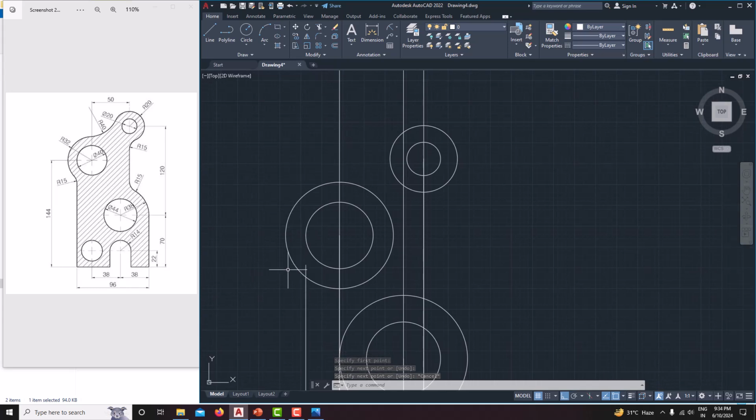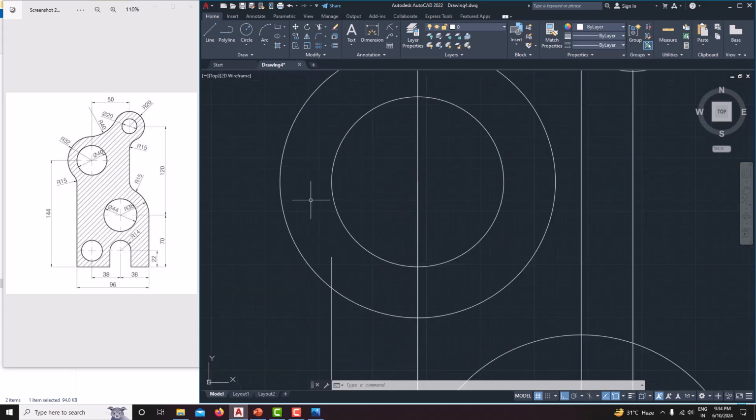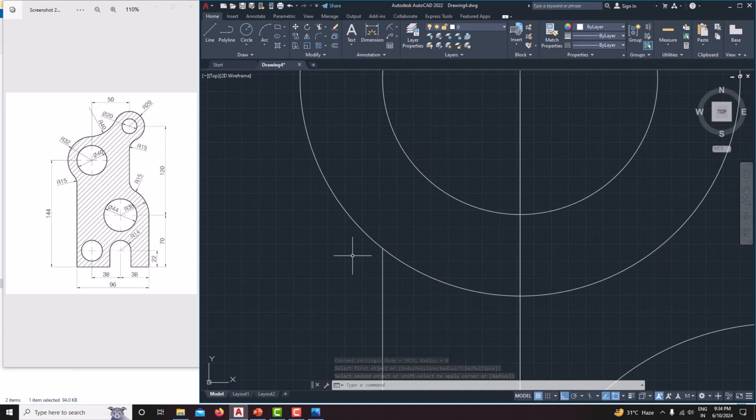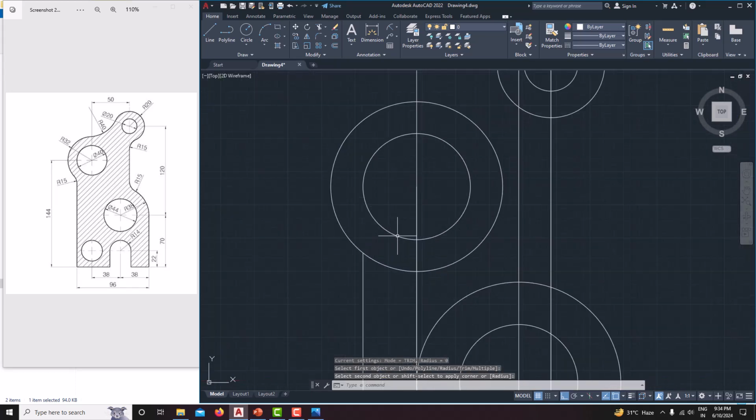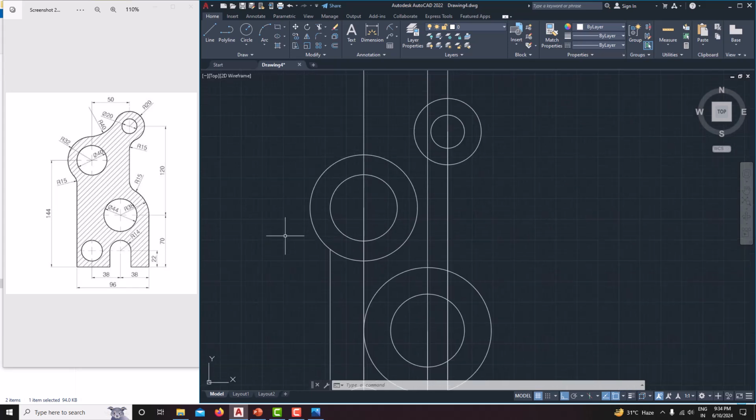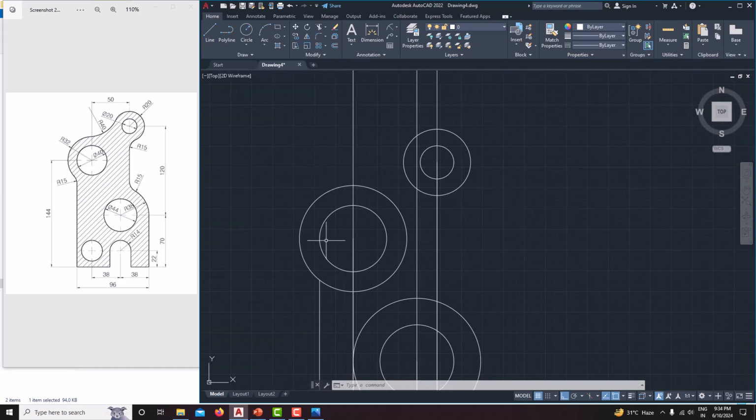Here we need to make a fillet with a radius of 15. For that just F, enter. Select this one and this one. It's not created the fillet. Now try again. Just F, enter. This one and this one. That is, we'll create it later. Now